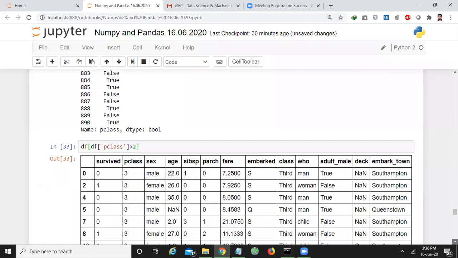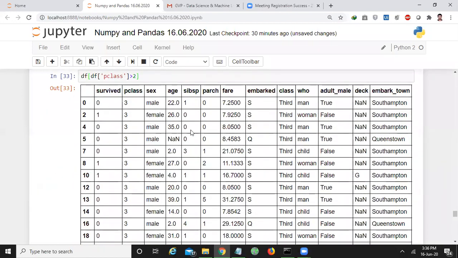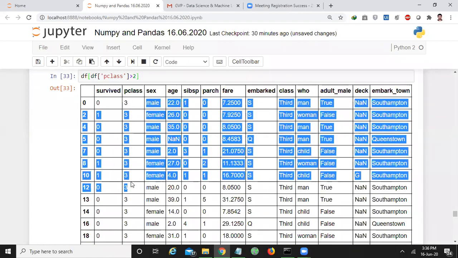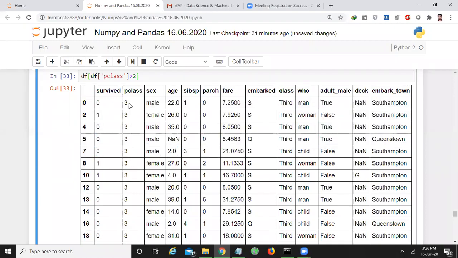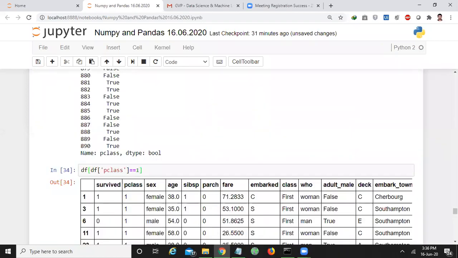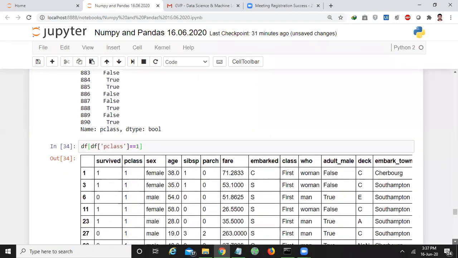These are the details of third class passengers, right? Third class means low class passengers. For example, if you want to extract first class passengers, you can give it equal to 1. Then you'll get first class passengers like this.